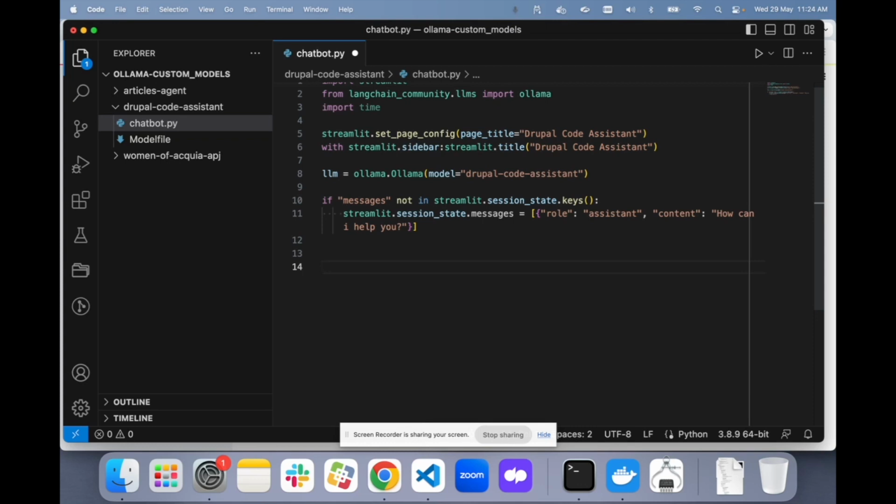And whatever as user we are going to provide to the chatbot, we are going to put in the role user, and the content is going to be the content being provided by the chatbot, or I say assistant, or the content being provided by me or the user. So a message is going to involve these two things. So again, if there is no message in the session state, set the message to this default message.